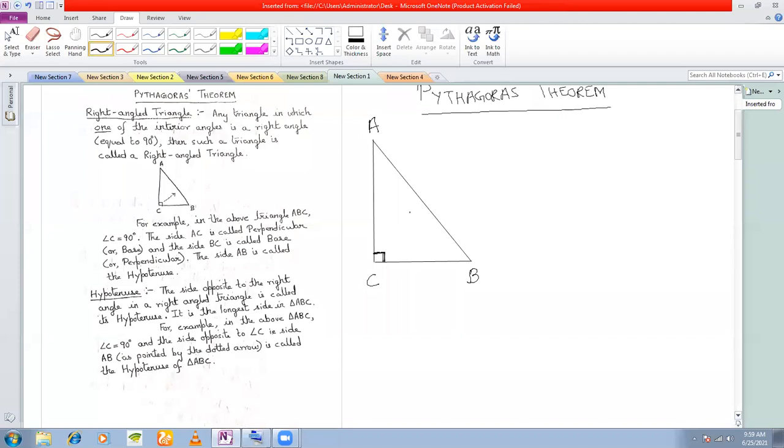Now the next thing is, once you know it is a right angle triangle, to identify which one is the hypotenuse of the right angle triangle. It's very important. Once you know which angle is 90°, look at the side that is opposite to this angle. You see this side AB, which is opposite to the 90° angle. This is called the hypotenuse. And 90°, remember, is the largest angle. These two angles will always be less than 90°.